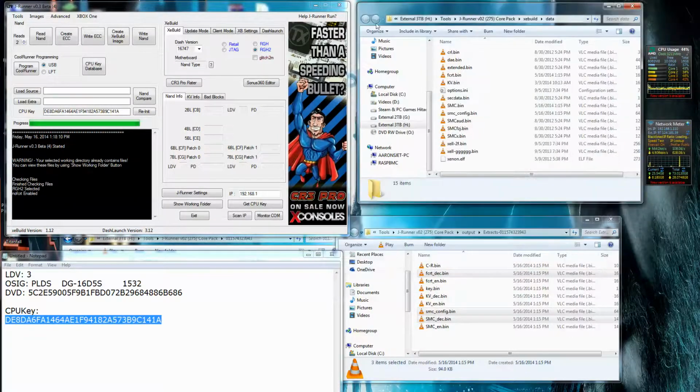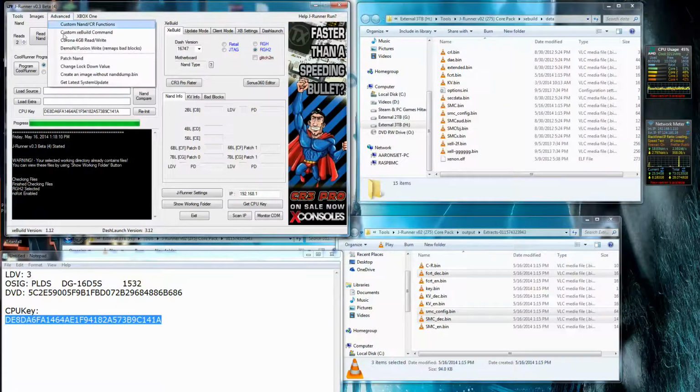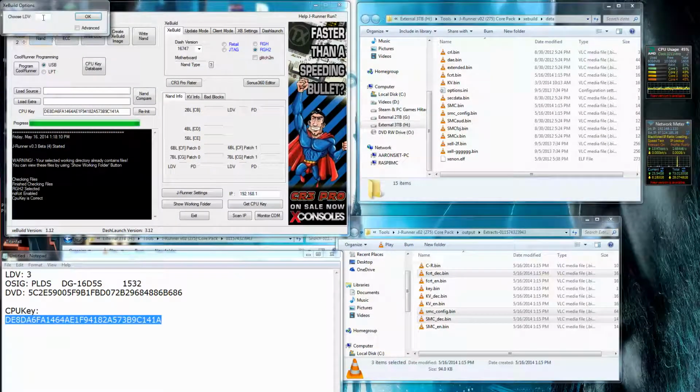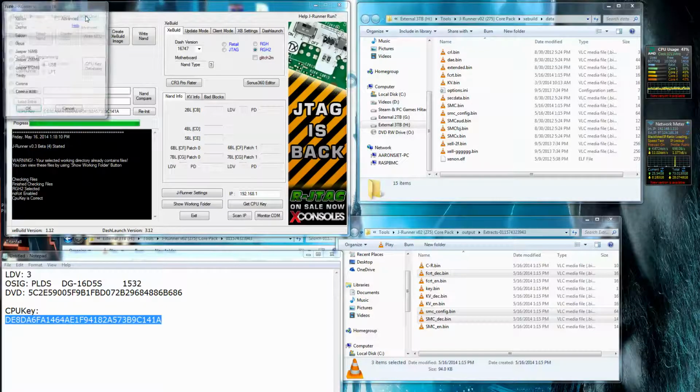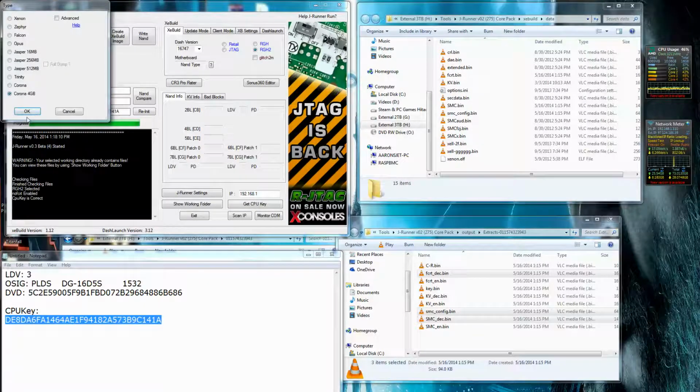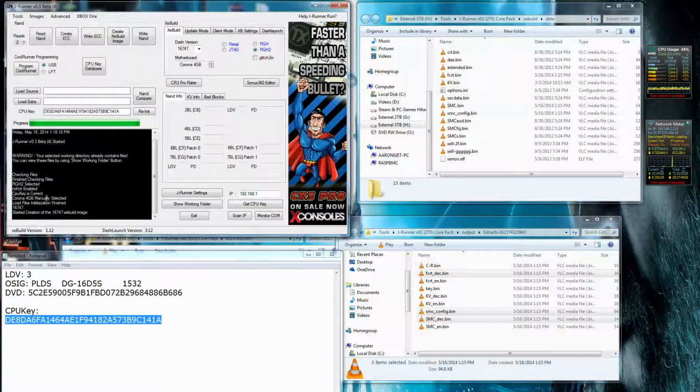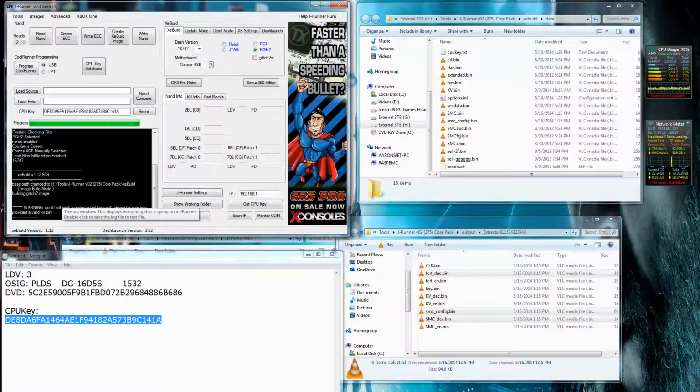So now that they're in the proper spot, once again, we're going to do the create an image without nandump.bin. Choose LDV. We noted that before. On an RGH image, it's not absolutely necessary, but we're going to do 3. And we need to select what type of console it is. It's a Corona 4 gig NAND. And check this out. We should get a nice output